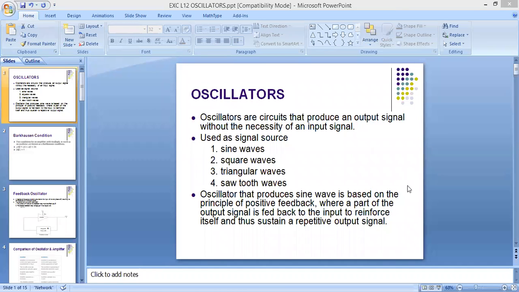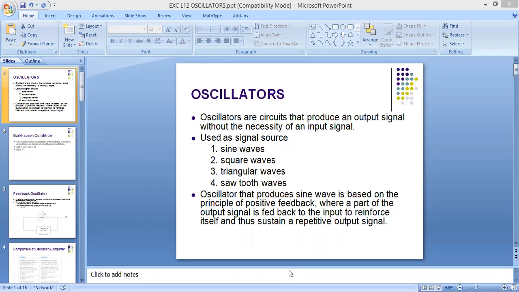Good morning. In today's session, we have to study about oscillators using MOSFET. In the previous session, we studied about the amplifier. In an amplifier, we have seen it is taking negative feedback. It means it is taking some response from the output and returning it back to the input. But here, the feedback is inversely proportional to the input, so we can say it is using negative feedback. Amplifier is using negative feedback.